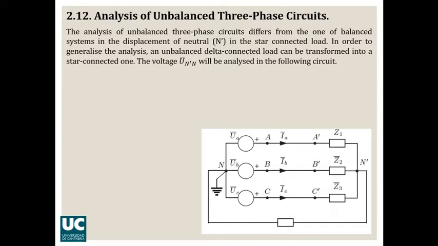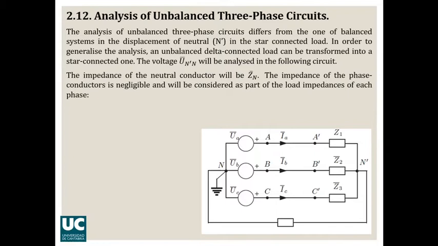So, if you have a delta-connected load, then you need to use the delta-star equivalence that we have seen in the previous sections and change from a delta-connected load to a star-connected one. So in that case we will have the following. These will be the expressions for the line currents, which in a star-connected system coincide with the phase currents.